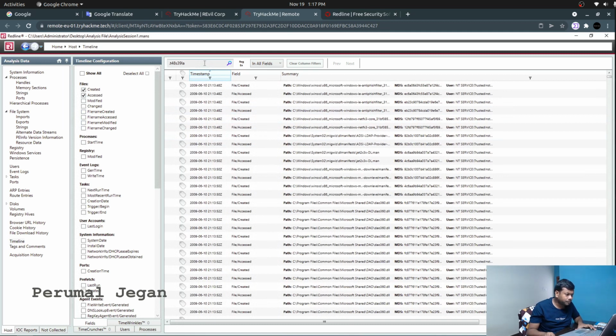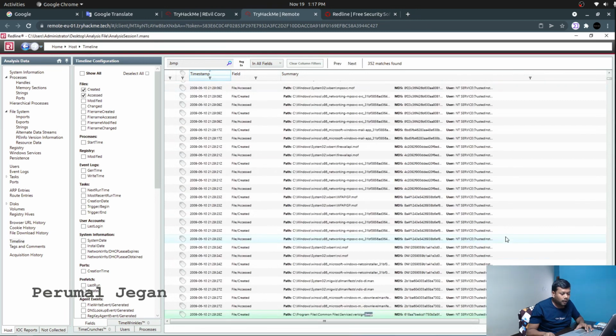They also gave the hint that we need to look for the .bmp extension. When I search for that, I can see 352 matches. Let's look for the weird file.